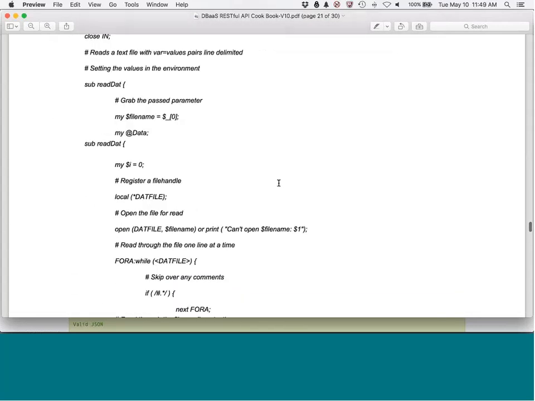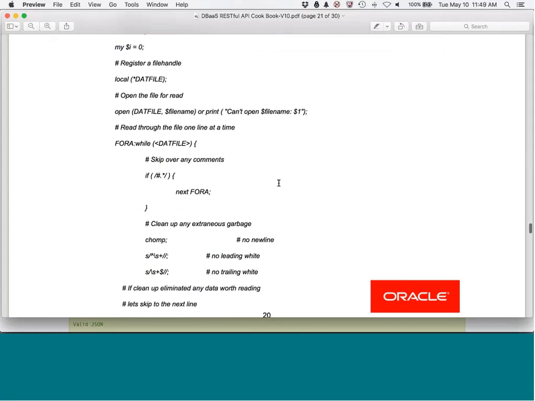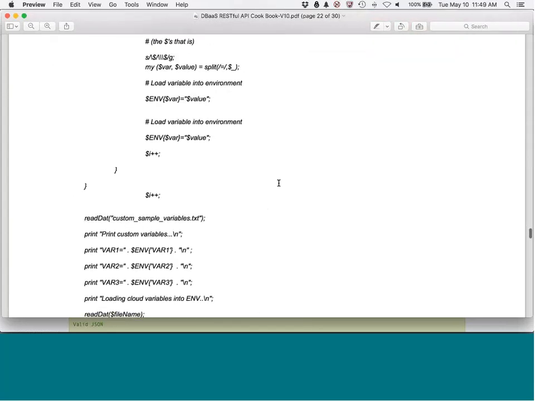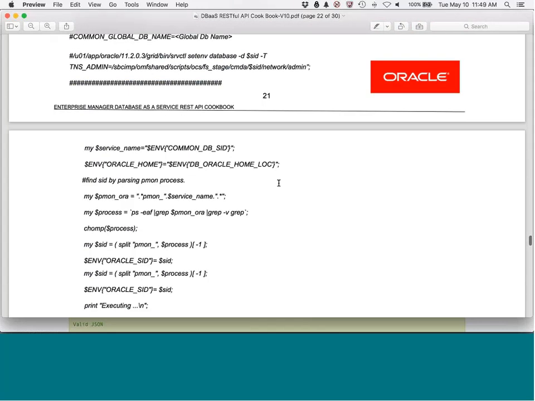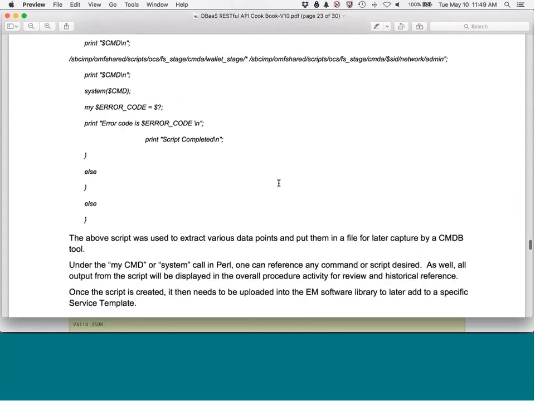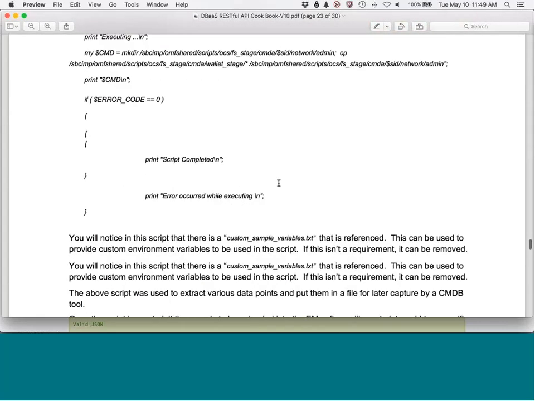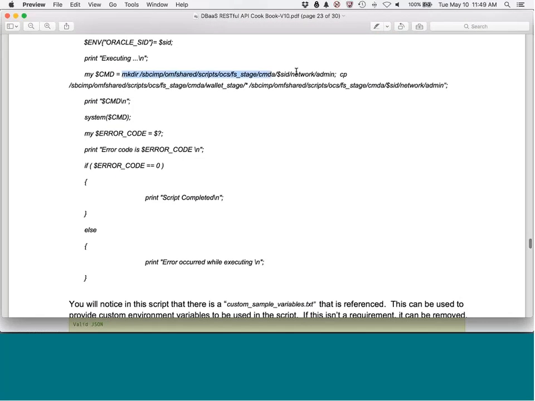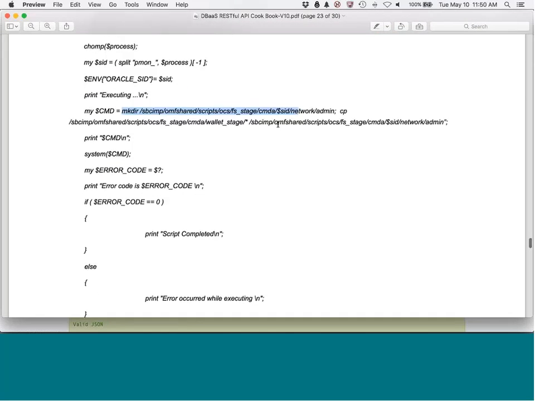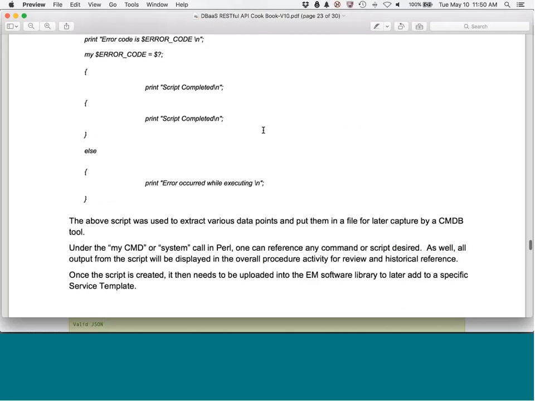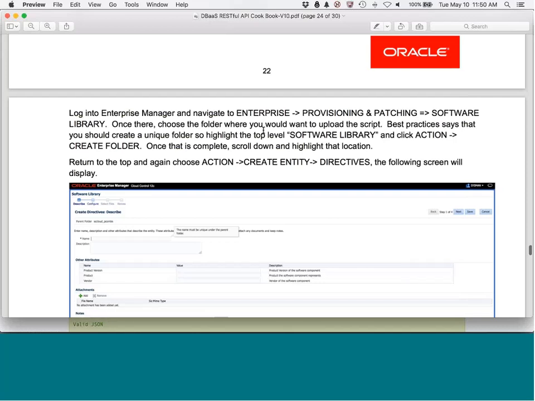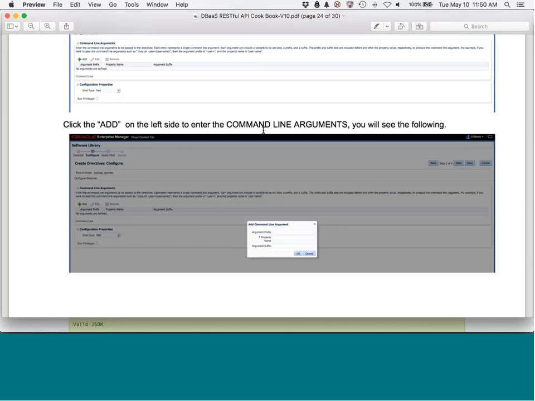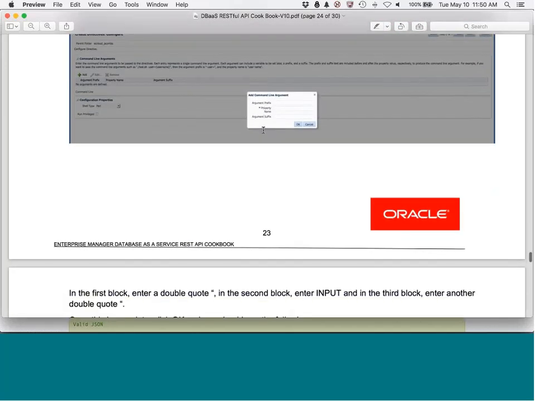If we scroll on down a little further, you've got an actual Perl script that parses these things. And this particular script has some input variables here and an execution here to make directories as an example. This is an actual integration with a particular security framework. So we scroll on down further, you'll see some specific details on how to implement that